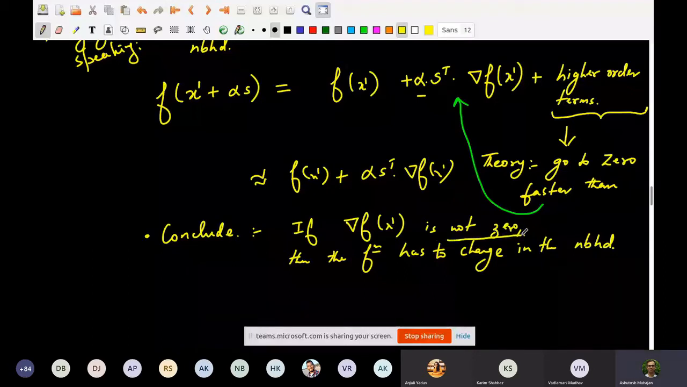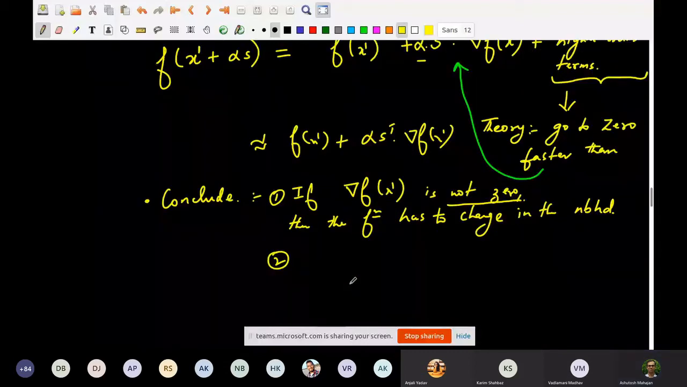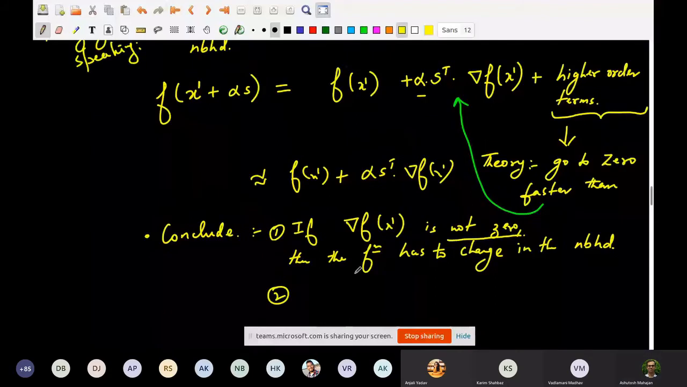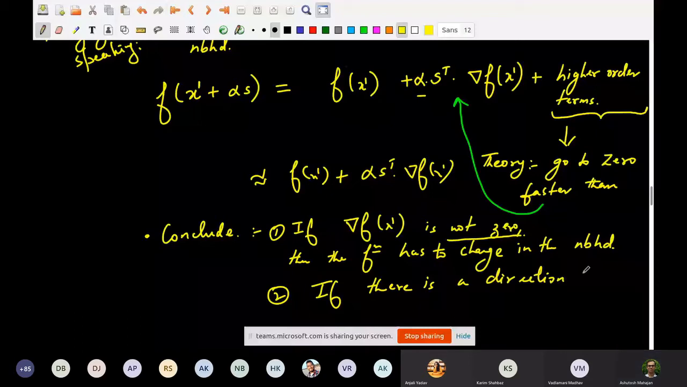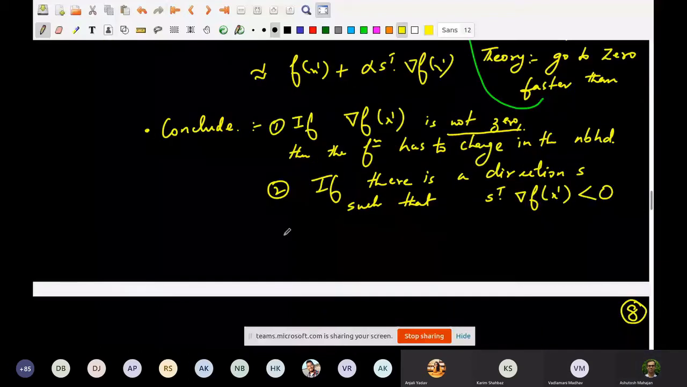So this is a first small remark, and the second thing we can say is that if there is a direction S such that S transpose gradient of f of x1 is less than 0, then there must exist some alpha in the neighborhood, or we can move a little bit in the S direction, and definitely our function should decrease. Okay, and there must exist a point